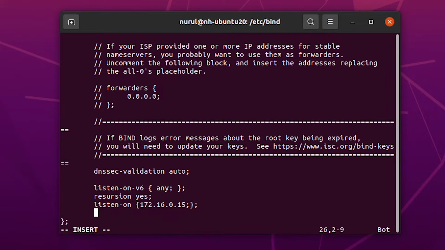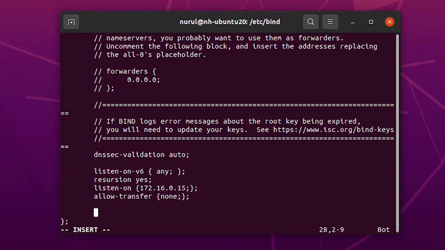And then I will also use allow transfer none. Then I will use forwarders,